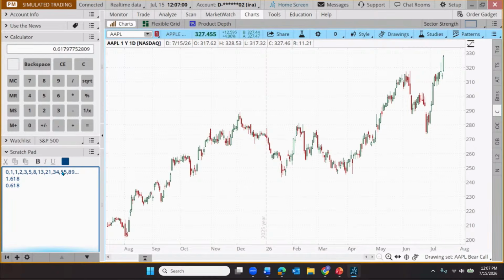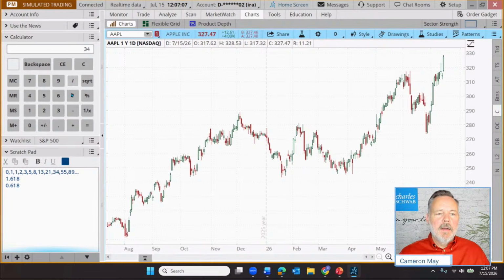And then if we move further down the sequence, let's take 34 and divide that by 89. These ratios are the genesis of the tools that we're going to be using in just a moment. So 34 divided by 89 gives us 0.382.